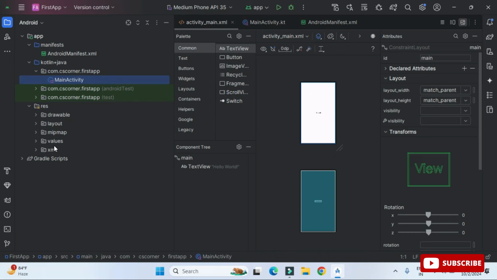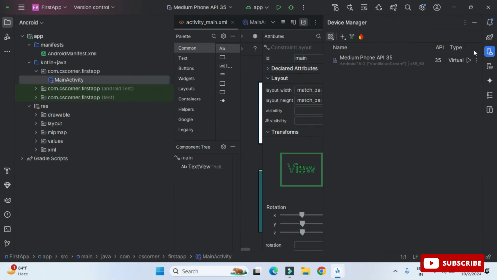Now we have already installed Android virtual devices. Here you can go to device manager, and you can see it's showing me my Android virtual device, along with its name. I'm going to just start this Android virtual device. When you start it, it is not going to run your app. To run your app, you need to click on the play button. Here I'm just starting this Android virtual device just to show you that my device is running.